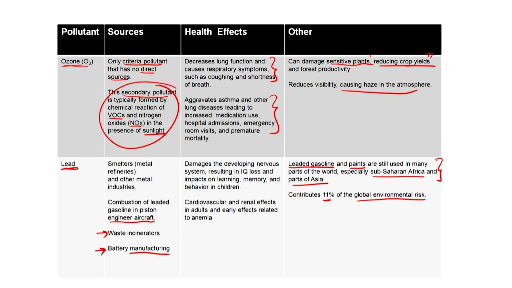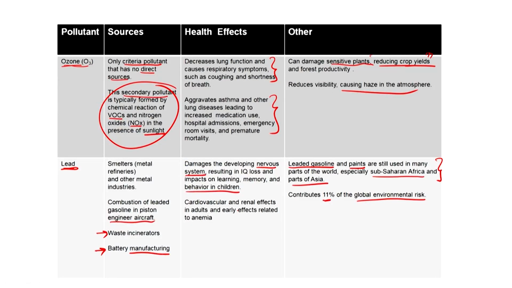Why is that? Obviously, unlike the earlier cases, this will directly affect the nervous system and cause IQ loss. Typically, children can never reach their full potential because they are still growing and will experience stunted growth with respect to their brain, if I may say so. And obviously, the usual cardiovascular effect, and also here we see renal effects,